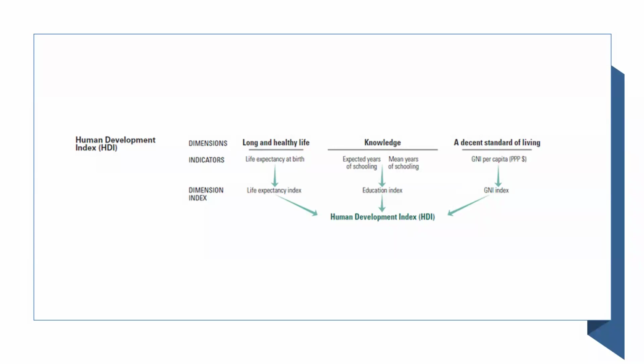They're going to put that index together, and then together with the life expectancy index, the education index, and the GNI index, they're going to calculate the level of development. We have very high, high,